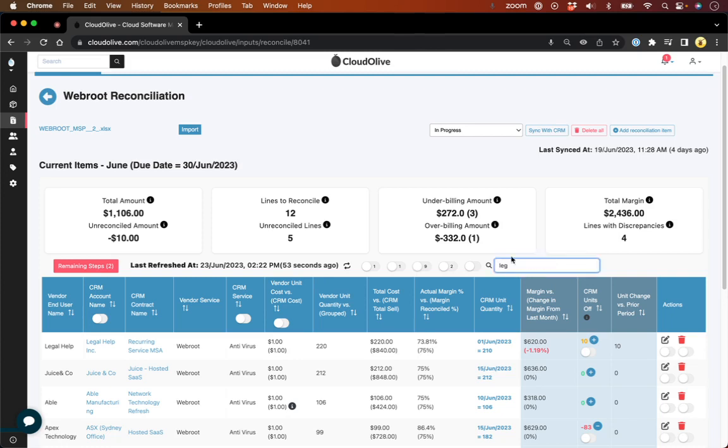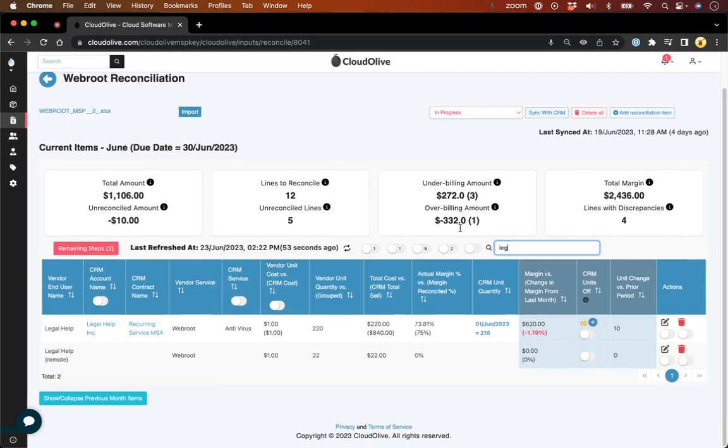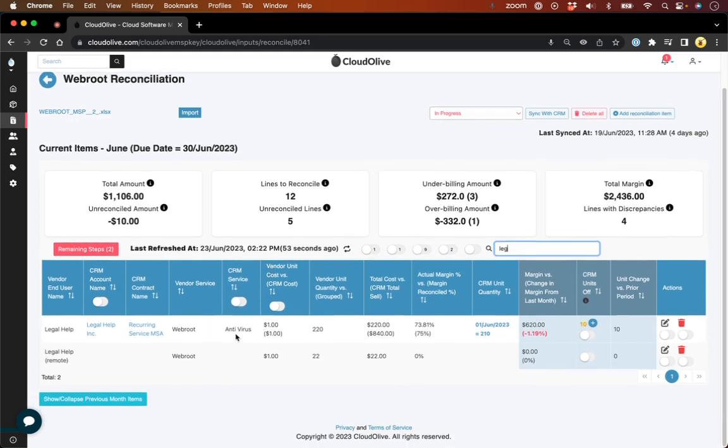Okay, so when I search for legal, it leaves us with two line items. So what it's saying here is that there's two separate line items from Webroot. So it's probably different tenants set up for whatever reason. However, Legal Help Remote is billed to Legal Help, and what we actually want to see happen is both the 220 and the 22. So really, we should be trying to bill in total